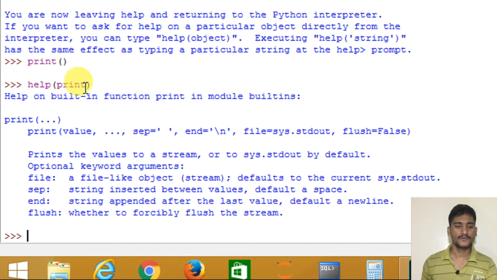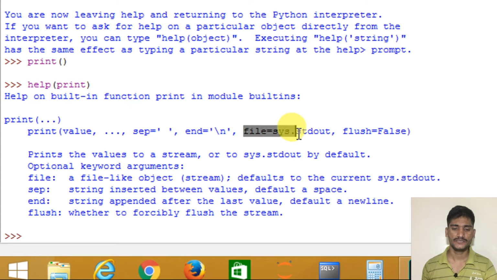When I type help of print, it shows help on built-in function print in module builtins. What does it print? First it will print values, whatever they may be. Second, it has a separator. It has end, which is a default, backslash n. What is backslash n? It is nothing but a new line. It will start with a new line, okay? Then file, standard output, which is related to file, okay?